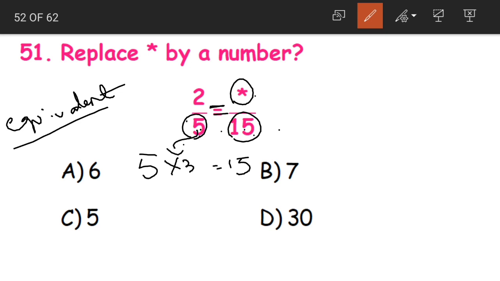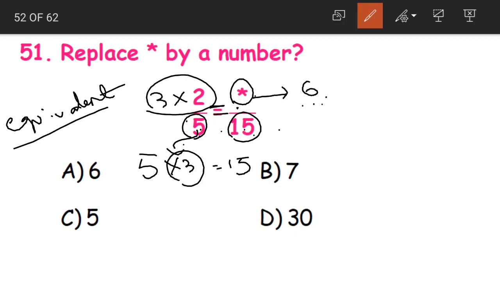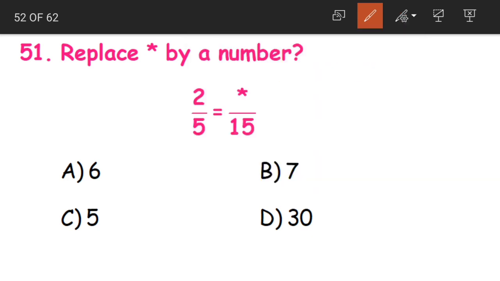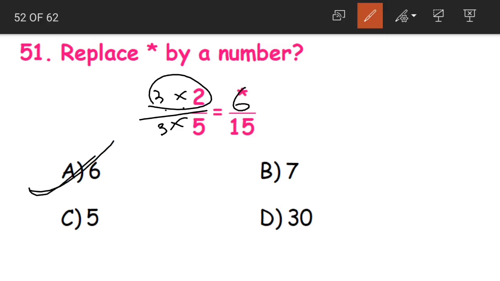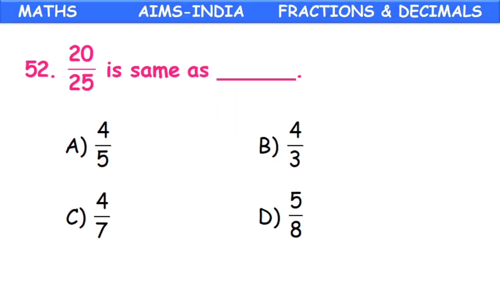Now for the denominator we have multiplied by 3. So that is why we have to multiply the numerator also by 3. 3 into 2 is equal to 6. So in the place of star we have to get the 6, children. Okay. In equivalent fractions, we multiply both the numerator and denominator by the same number. That is why we have multiplied the numerator by 3. 3 2s are 6. Option A becomes our correct answer. Next question